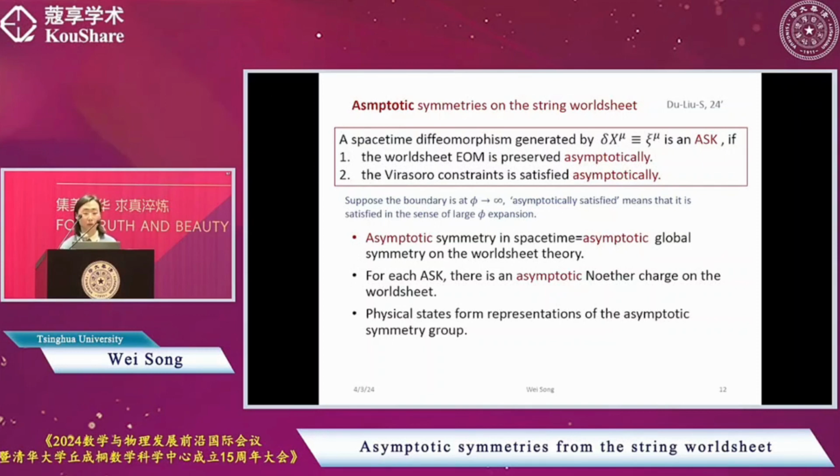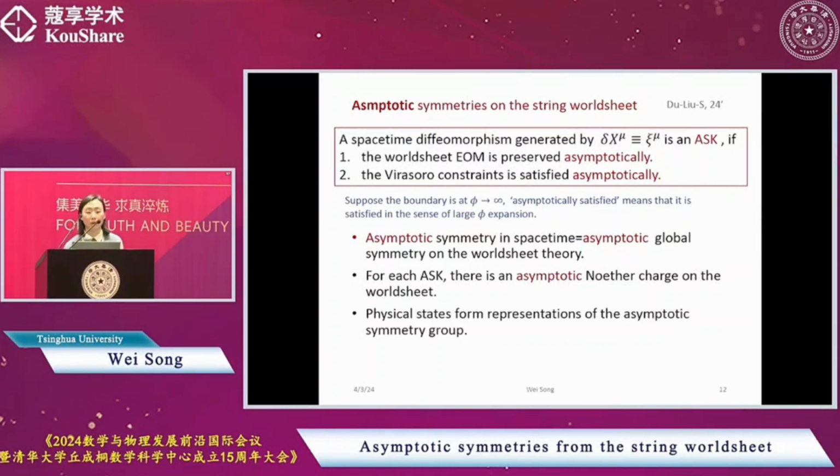Instead of requiring it to be 0, we need to impose that the left-hand side of the equation of motion equals certain powers of e to the minus phi or something like that. The precise requirement depends on the boundary condition you are using. And by this simple and straightforward procedure,